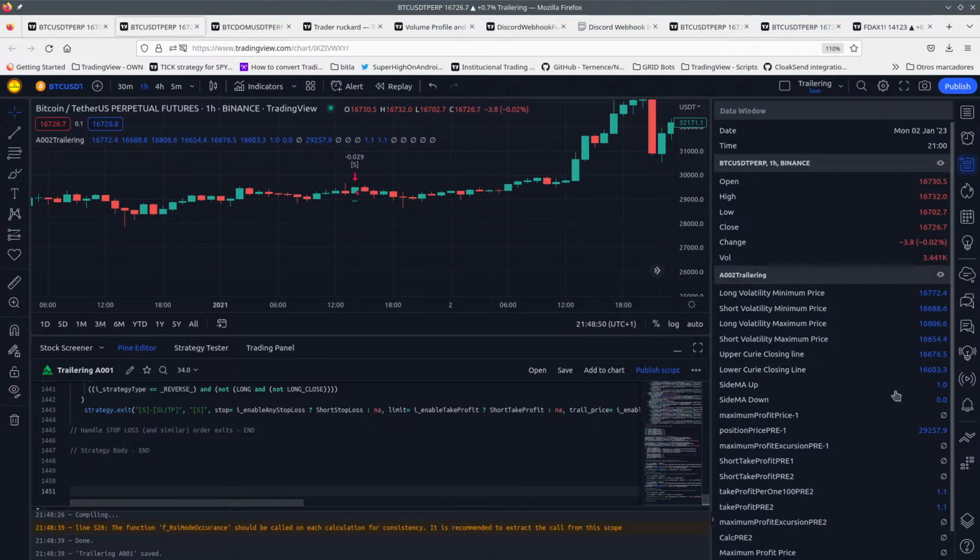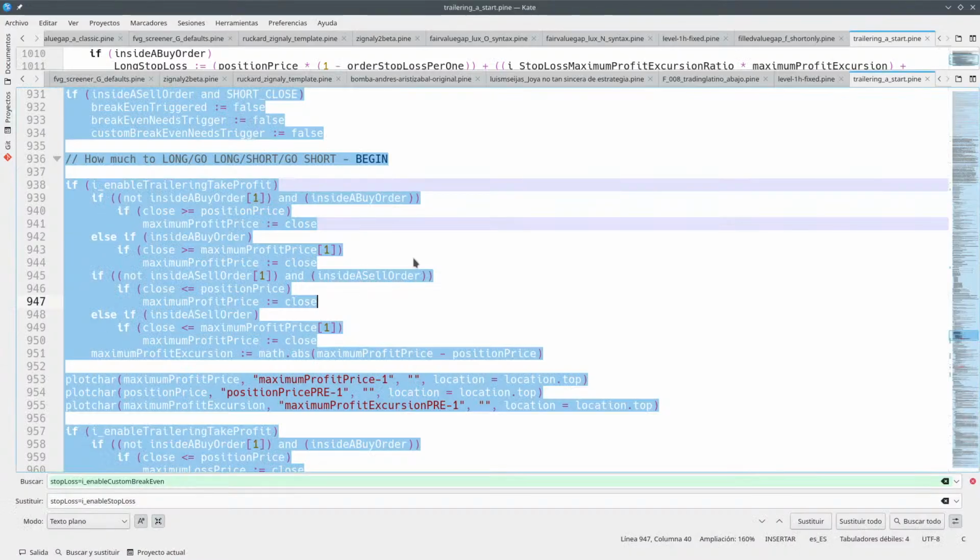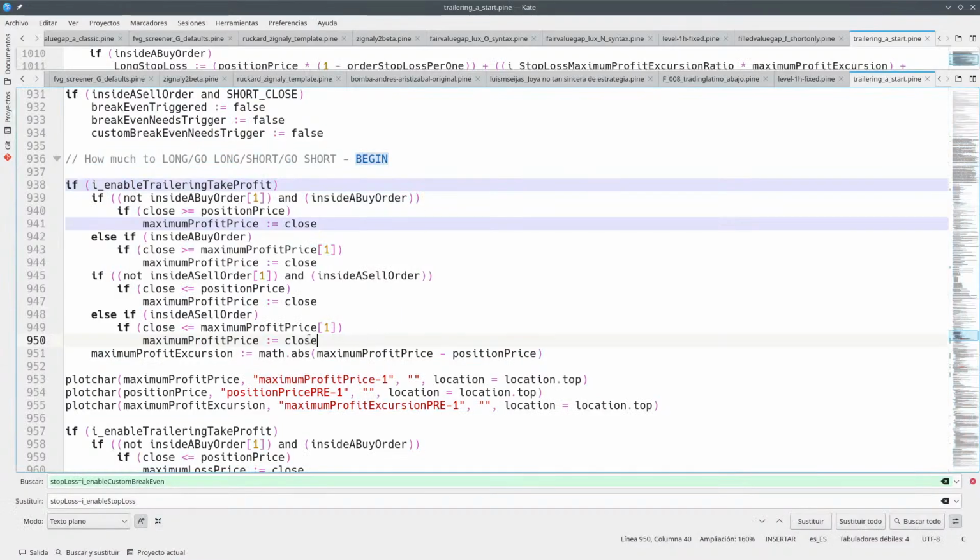Okay, so now let's play with this. Maximum profit price is an A, and that's why everything falls apart. So let's take a look and see if it makes sense or not. So maximum profit price, it goes here. So maximum profit price should be, so we should take into account all of the different values, which is